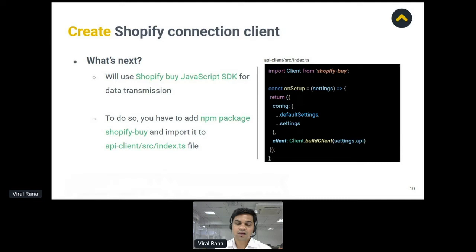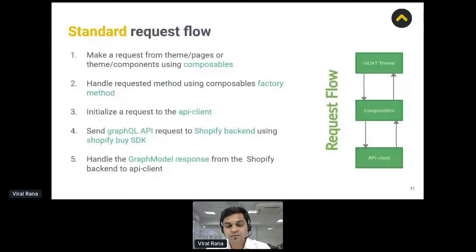So now we are ready to make the data transmission and initiate the first request.